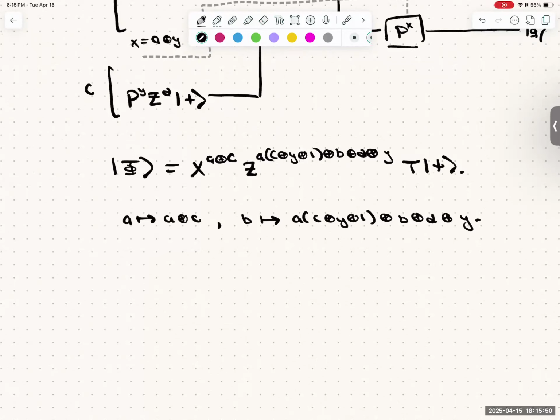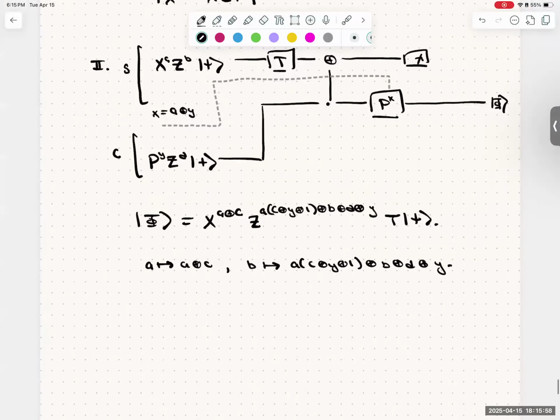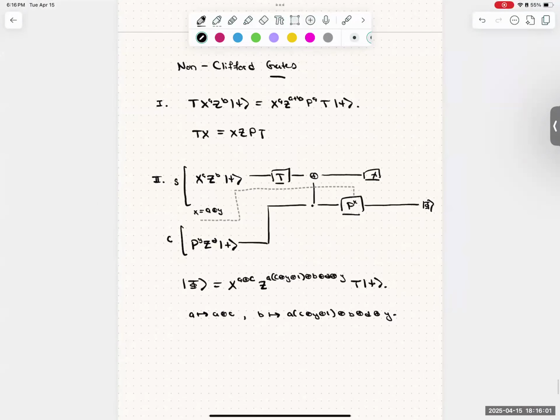Is this okay? I have a question, Simon. Is the part starting from the CNOT, measurement and P^x, that... Oh, I see. The control is not coming from the measurement. It looks like a T gadget, right? But it's not, right? Well, the control kind of is though, right? The control on the P gate is not the one coming from the measurement, but an arbitrary one. Well, I think that that's still in the T gadget.